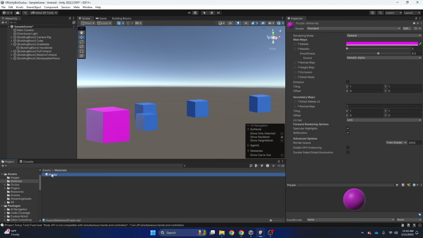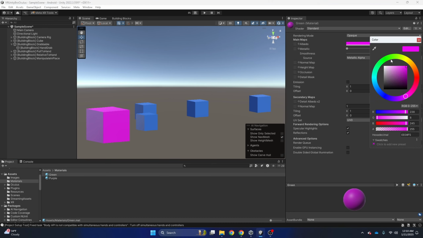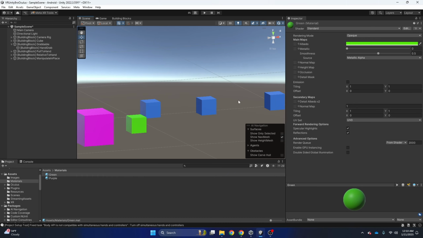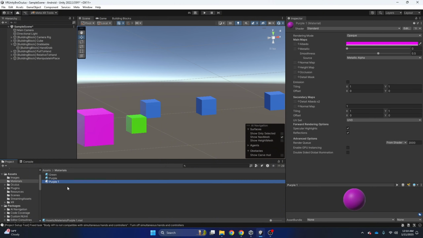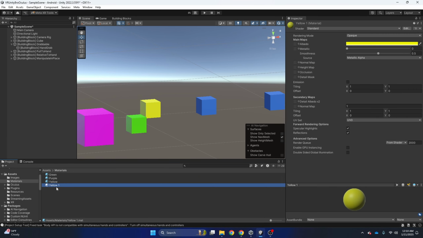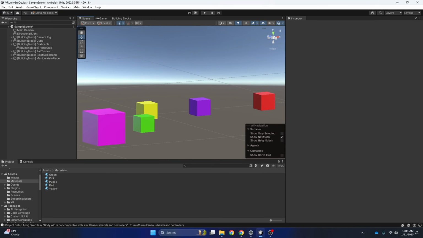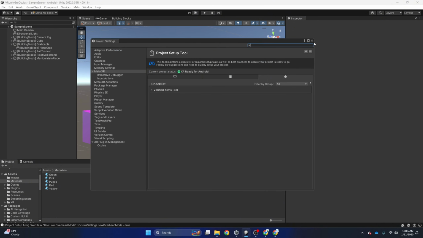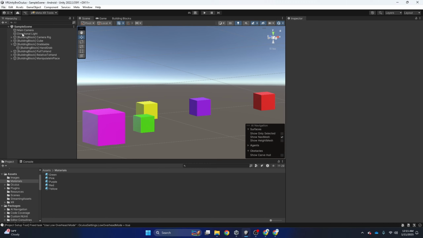You can do Control D and change the name. This one is gonna be green. Green. Change the color. Something like that. And now this is gonna be green, and you can do the same with the others. Control S, check the project setup tool, apply, check that we don't have errors, and we are ready to test